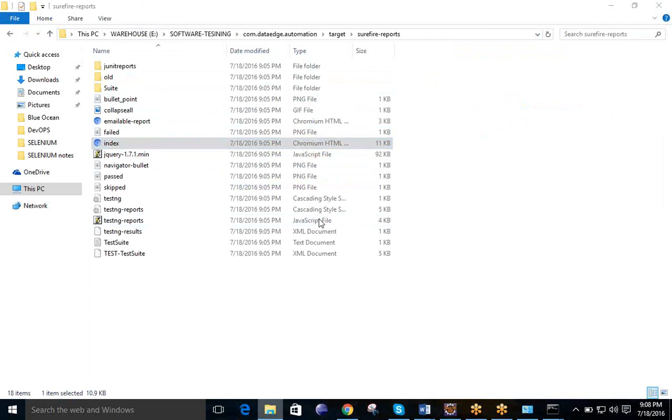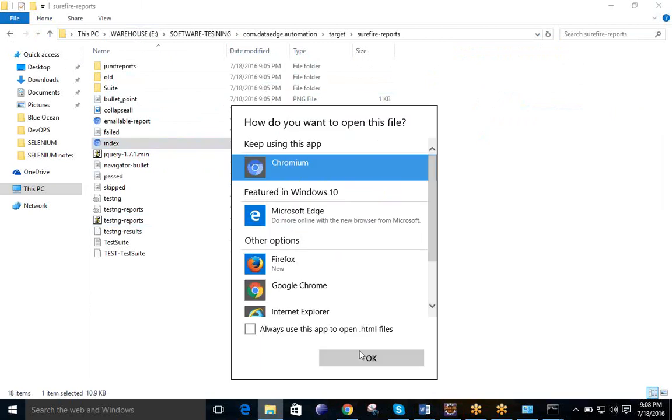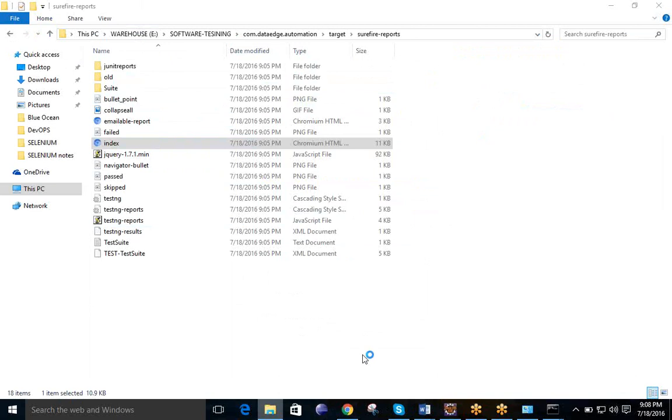Maven is mostly used because we can start executing your test cases right from the command prompt instead of going to Eclipse and running it from there. So what will happen? We just ask the tester to run that command and execute those test cases.